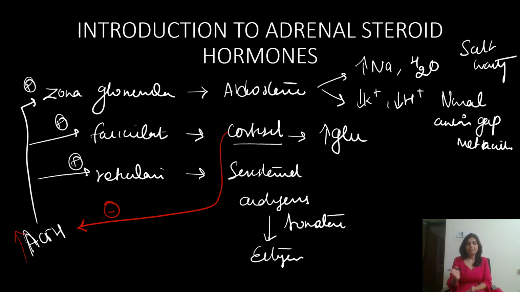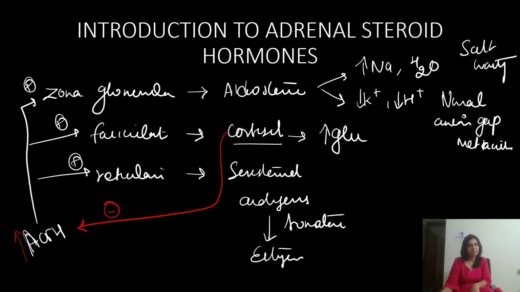And not just that, this ACTH stimulates all adrenal cortical cells to take up excess cholesterol, and this cholesterol will be diverted towards forming intermediates prior to the block. So depending upon the enzyme block, intermediates would accumulate, and those intermediates will determine the ultimate clinical feature of congenital adrenal hyperplasia.